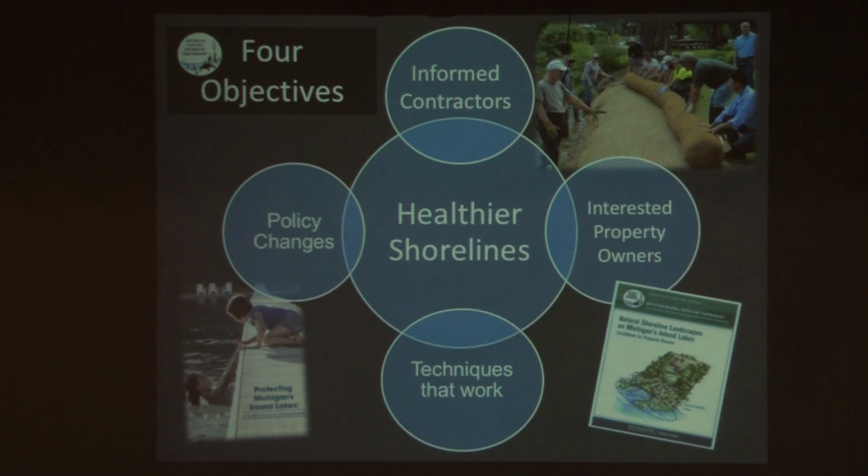We also are looking at what are the techniques that work out there. It's not a one-size-fits-all. It's not that this is going to work on every site. It's very site-specific, and what is that site telling us based on the techniques that we know? And we're trying to figure out how we get that message out as well. And then from a Michigan standpoint, what are those policies that we need to change and that we need to educate people about